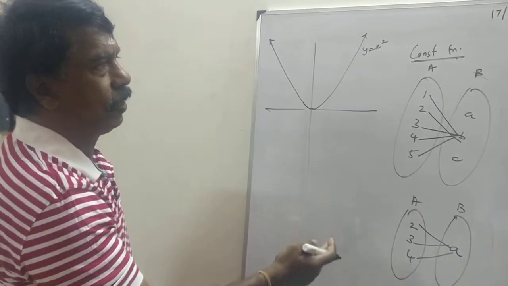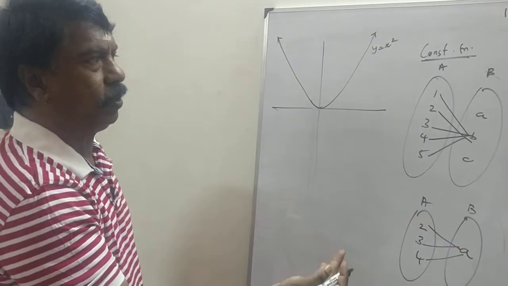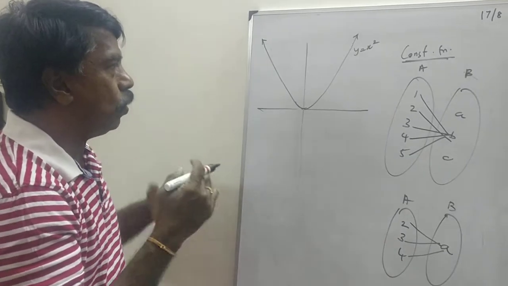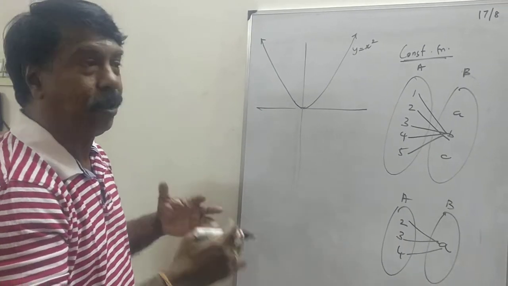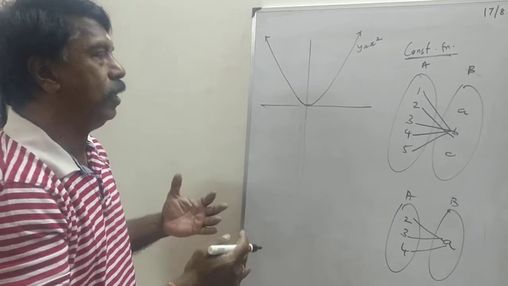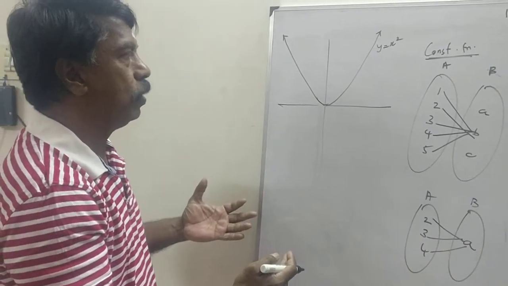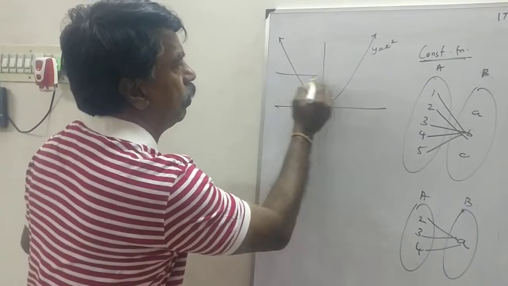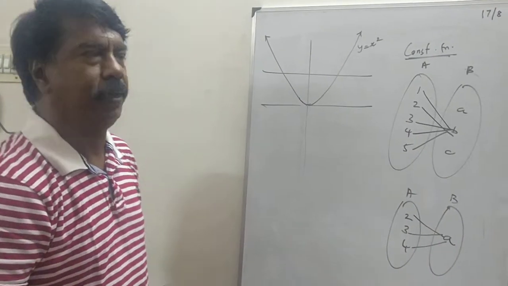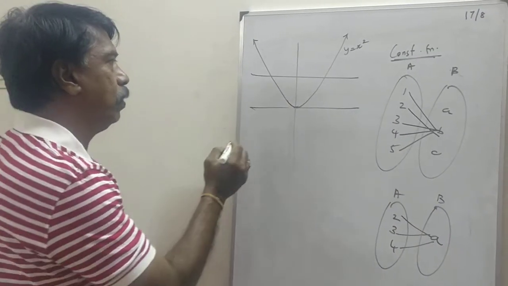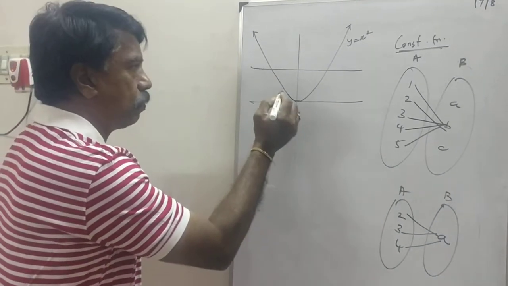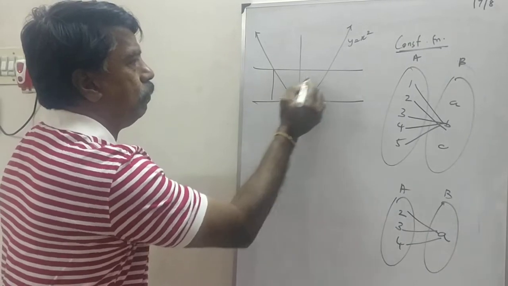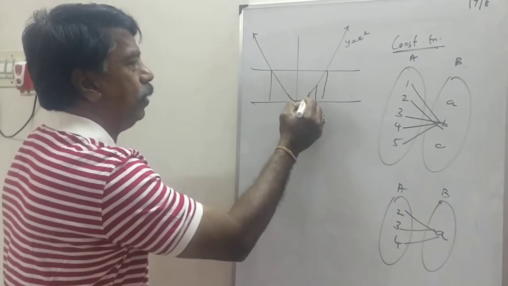Remember, we can check whether a curve is a function or not by a vertical line test. Now, to know whether it is one to one or many to one, we can use the horizontal line test. Now, see that it is one to one or not. See that for every element it will have different images.